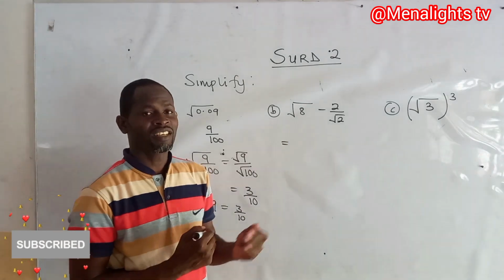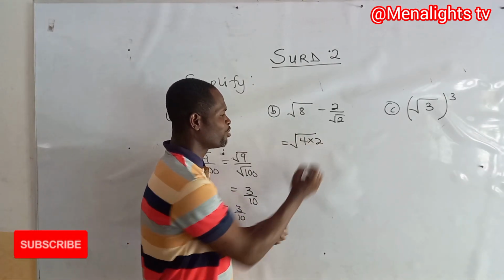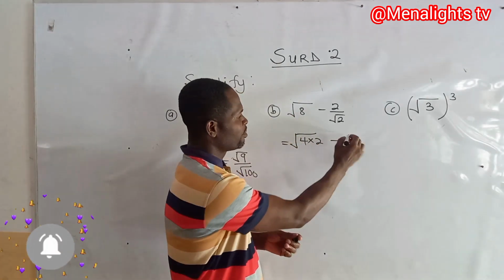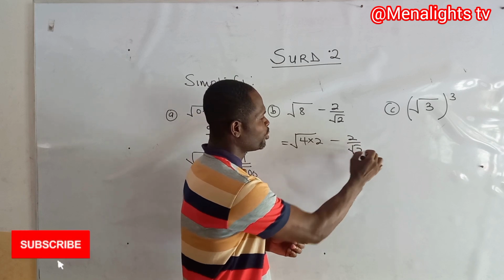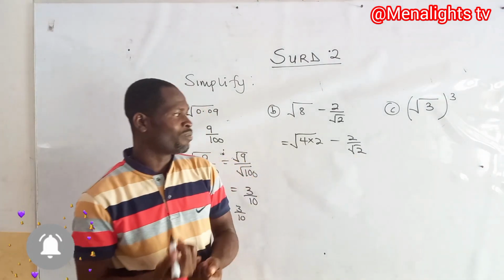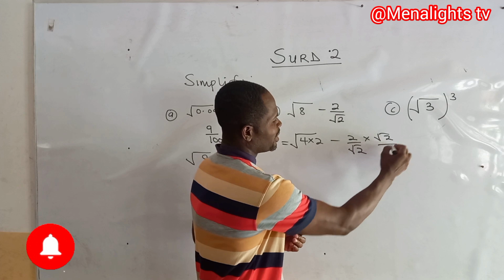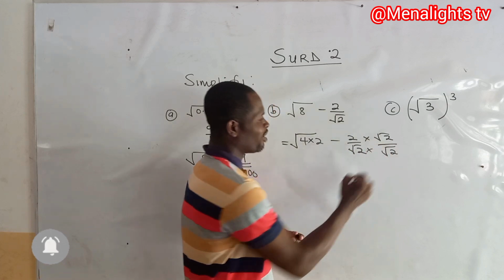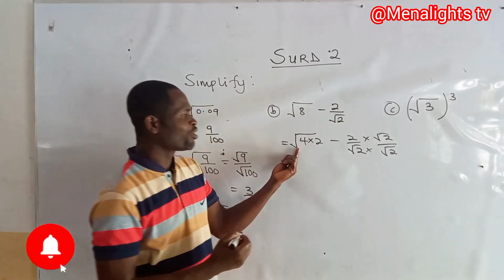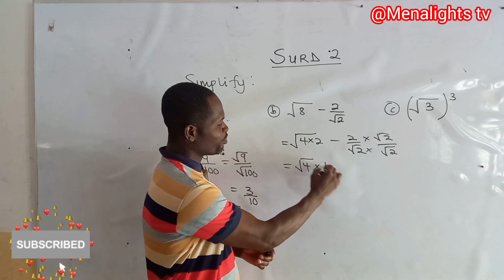The root of 8, we have to simplify it, giving us root of 4 times 2, and the 4 times 2 give us the 8 there. Then minus 2 over root 2. Then we have to rationalize this surd. So by so doing, we multiply by root 2 on top and the bottom, the root 2. So what we have now is that the root of 4 times 2, you write it as root 4 times root 2